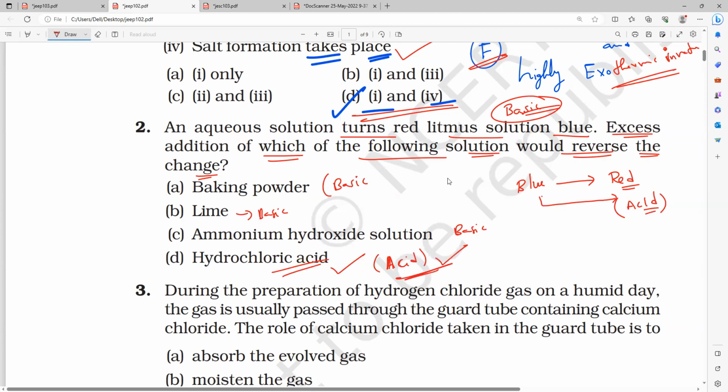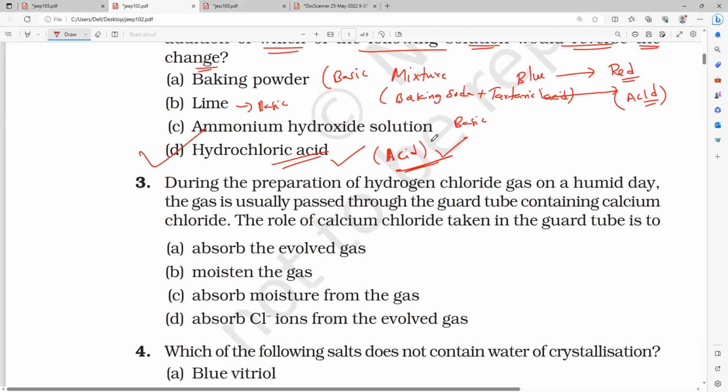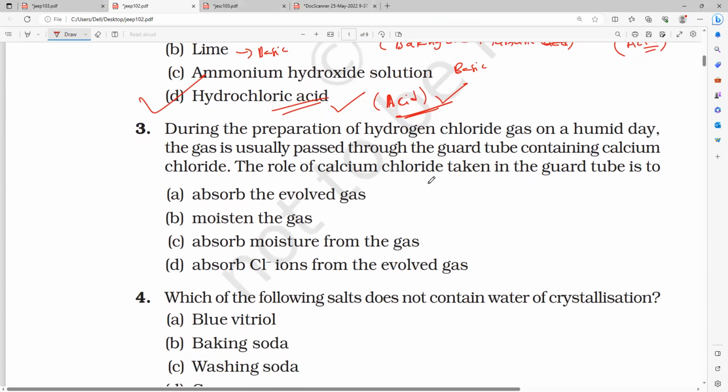Baking powder is a mixture. It is not a compound. It is a mixture of two things: baking soda plus edible acid. What is that edible acid? Tartaric acid, citric acid, or whatever acid you want, you can take it. So option D. Next: during the preparation of hydrogen chloride